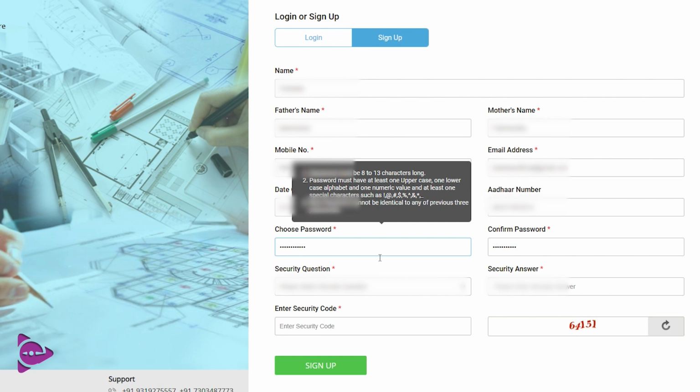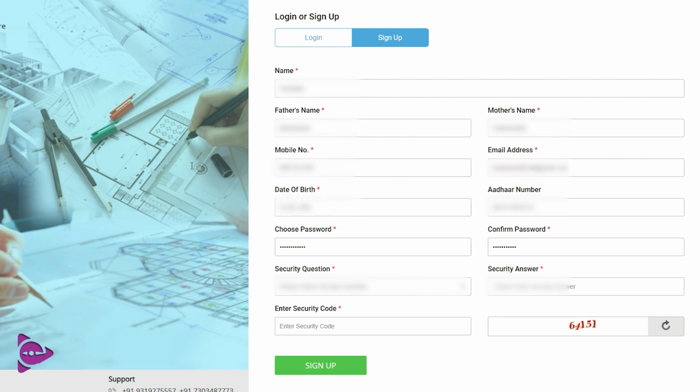The main thing is to note down the password somewhere manually, on any paper or in any notepad on your computer. Just like I'm going to note down my password in my computer. You can note down the password in the notepad and save it somewhere, so that in future if you forget, you can just go and look into it.